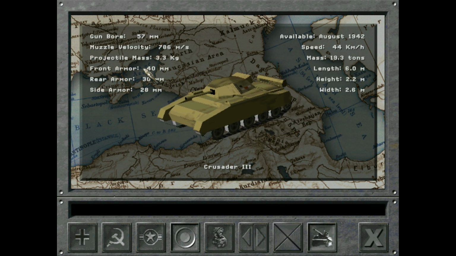Crusader 3, so this was the uprated Crusader with the 6-pounder, which was an okay anti-tank gun. The 6-pounder stayed at least moderately competitive throughout the war. Couldn't take on the heavier German tanks like the Tiger or the Panther from the front, but if I recall, the 6-pounder had roughly the same armor penetrating capability as the 75mm on the M3 Grants and the M4 Shermans when firing AP